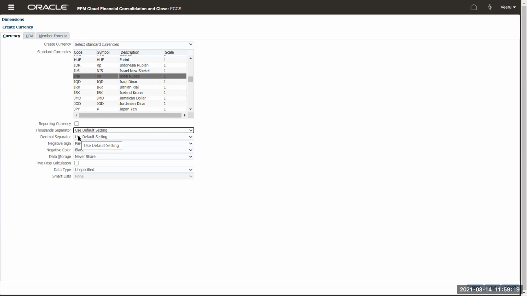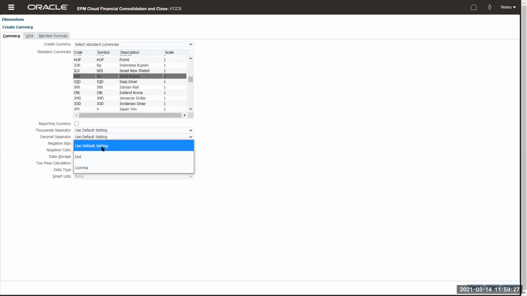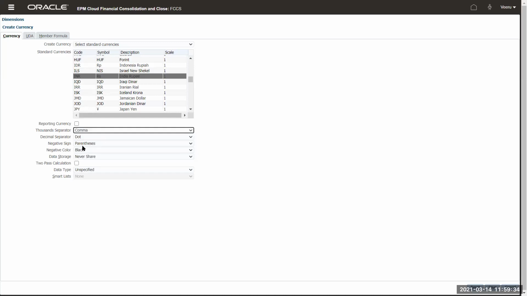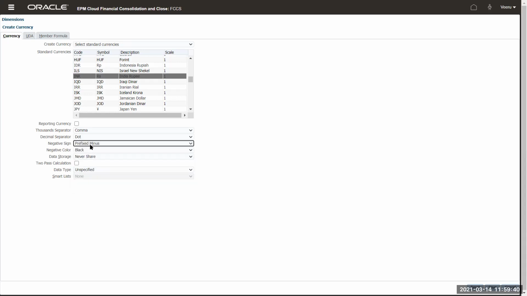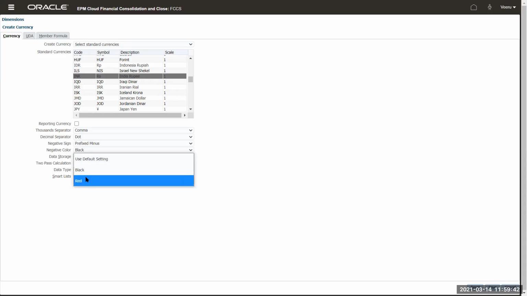I want you to set these settings either at a currency level or at an application settings level. And decimal separator, dot or comma. Let me just use comma here. Negative sign, parenthesis or suffix or prefixed minus. Some people like to use negative color, red. Depending upon how your business wants it, set this property.